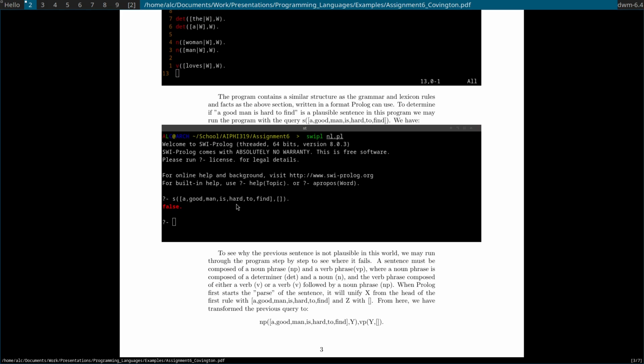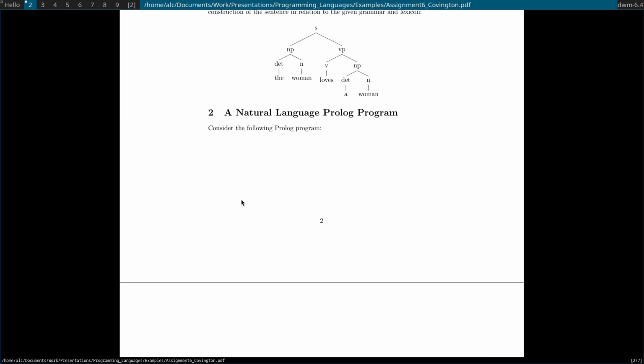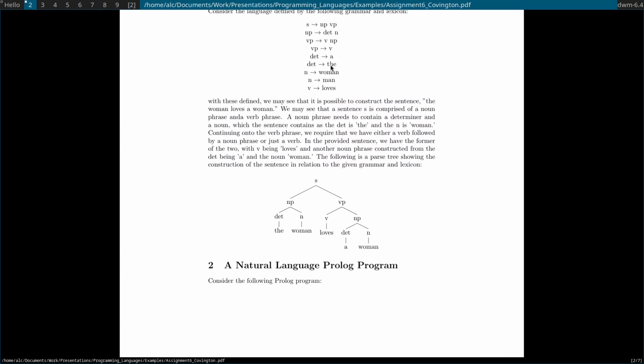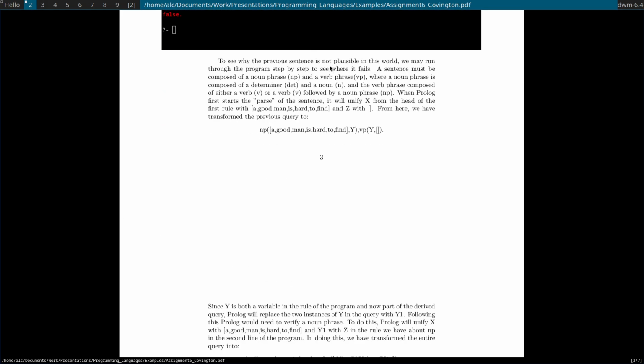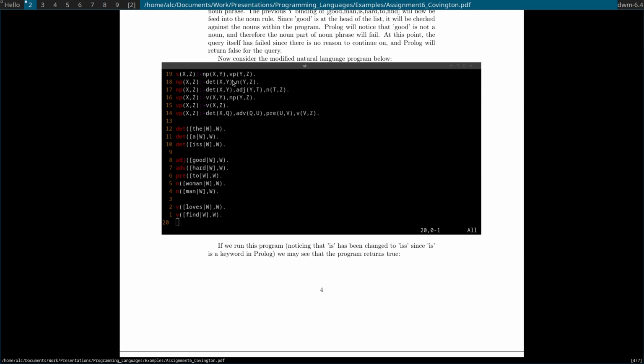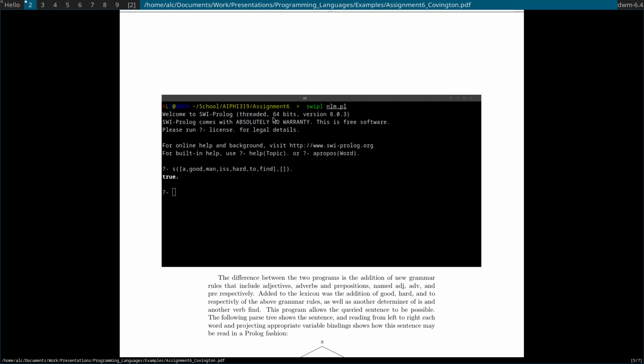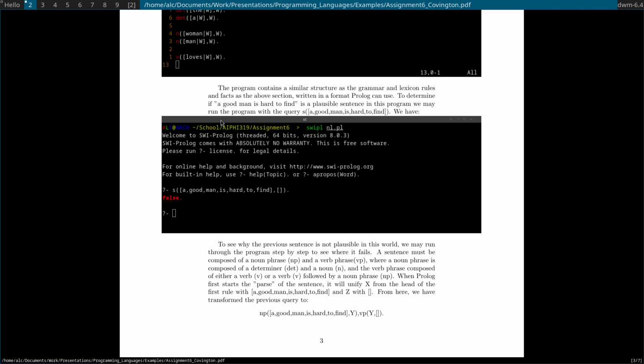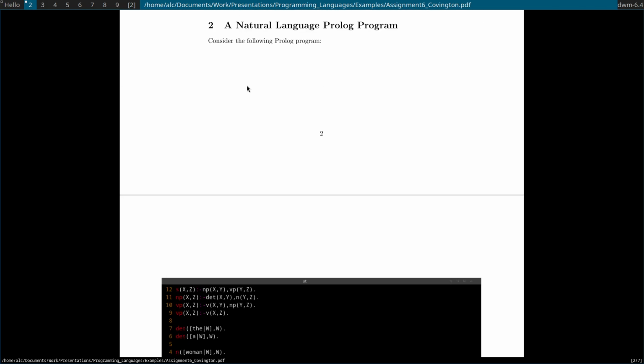Well, I don't have the word hard in here, and I don't have the word find in this syntax tree, so obviously that's not going to be a sentence. But I could add all this extra stuff with adverbs and prepositional phrases and stuff like that, and then build up the phrase to make it so that's true. So Prolog is very different than the other ones. Still Turing complete though.